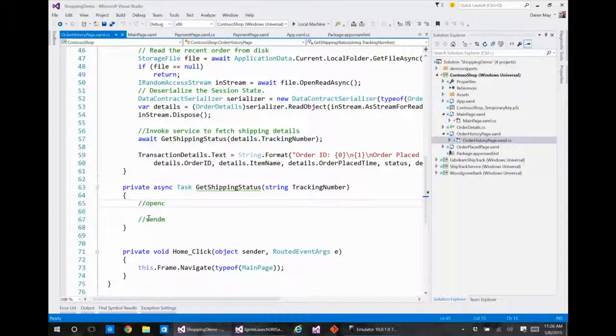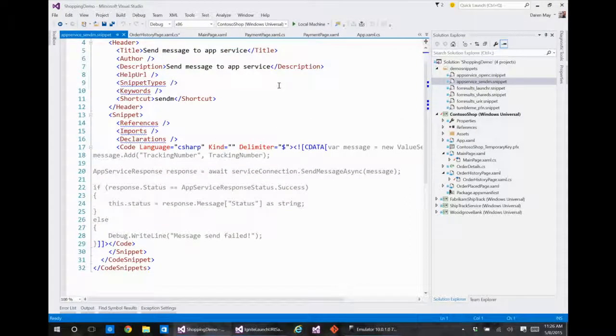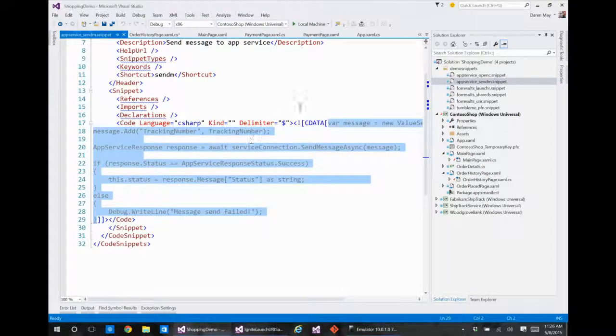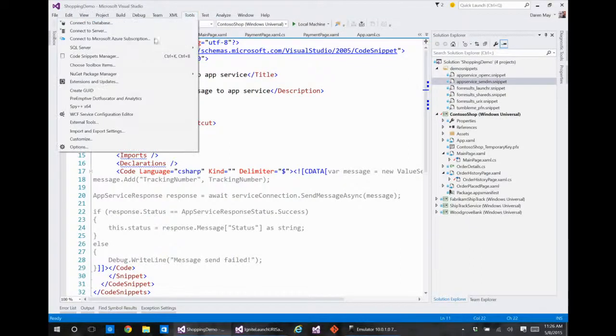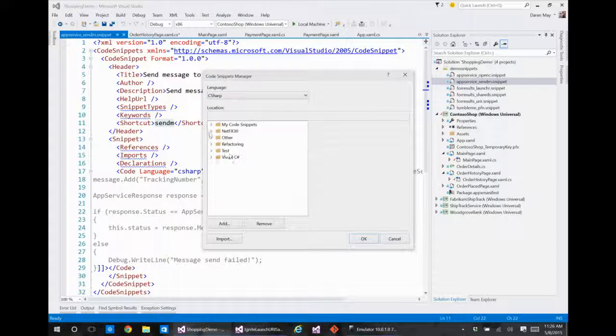And here's my method with my magic snippets. Is everybody familiar with snippets and how easy they are to create, by the way? Yes? No? Anybody want me to show you a snippet? Okay, a few people do. Okay. So snippets, they're just basically an XML file, and you've got a number of different things you can do with it. The simplest is you can just put a CData block in there, which is the code that you want. Then you specify your shortcut, give it a long title, and then you can go into Tools, and you have Code Snippet Manager. And this hierarchy here allows you to specify what family of snippets you're looking at.